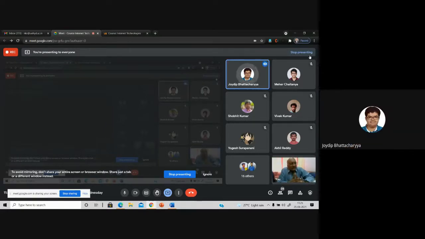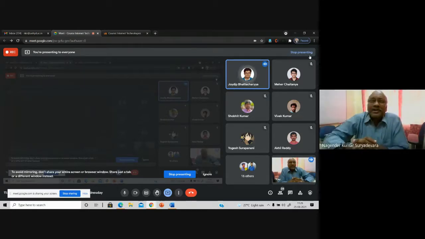Yes, sir. What I'm saying is the client and server both are transceivers, and the client communicates to the server using a GET request, and the server communicates to the client using the PUT request. That's what I understood. No. Server communicates to the client using PUT request. That is wrong. You have not understood it correctly. That is incorrect.